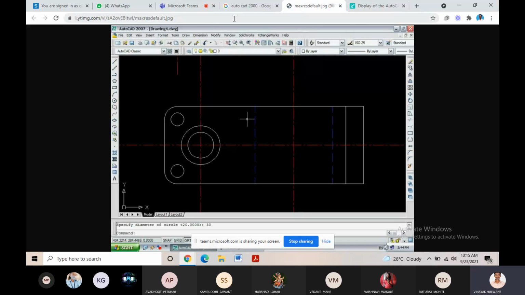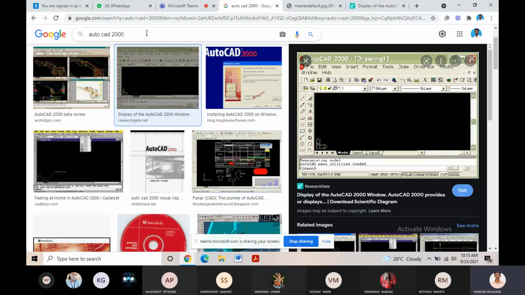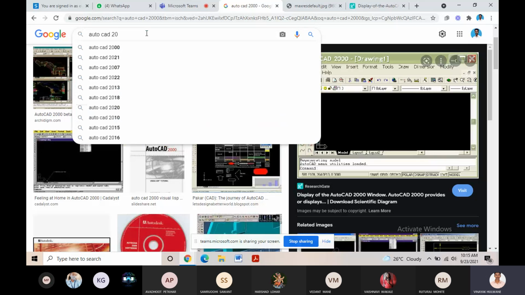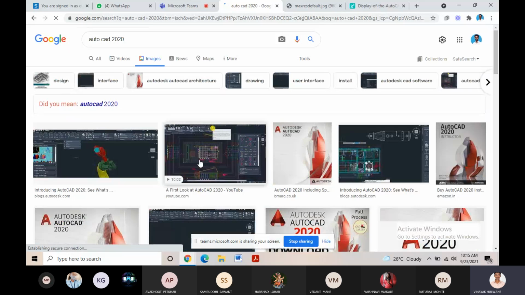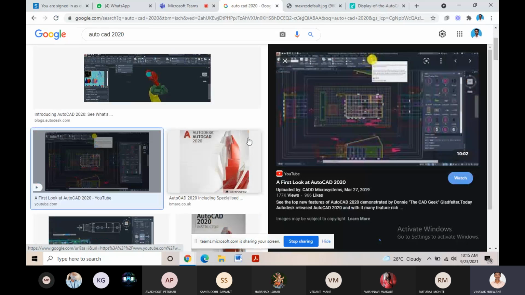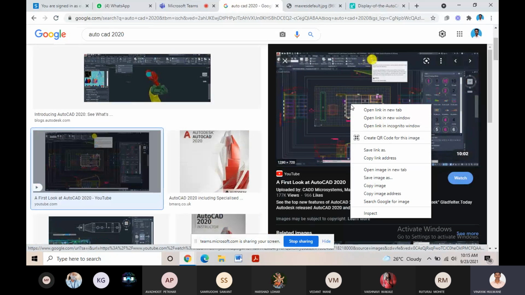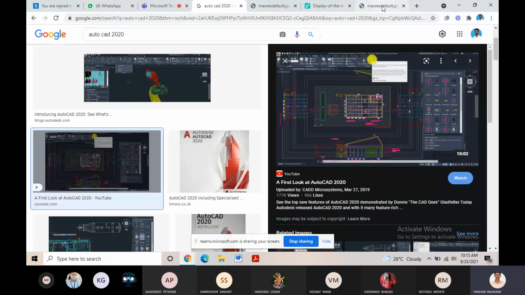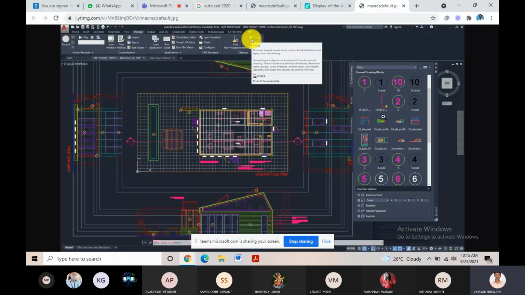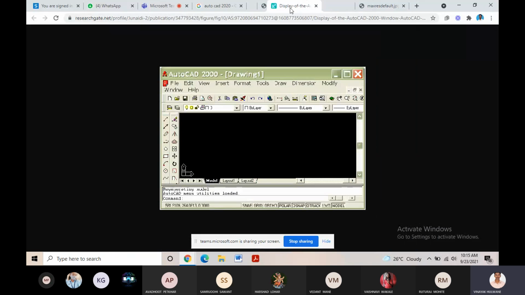Also, if we discuss the latest version from the previous year, AutoCAD 2020, the software looks like this. If we discuss the versions of AutoCAD, we can see there are drastic changes from 2000 to 2020.